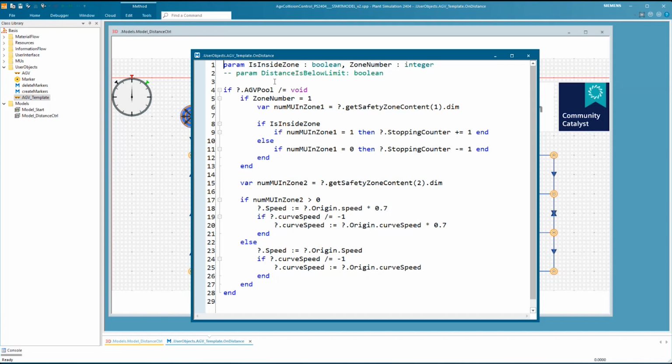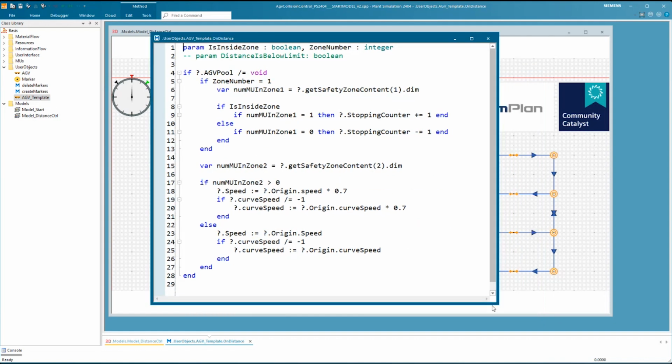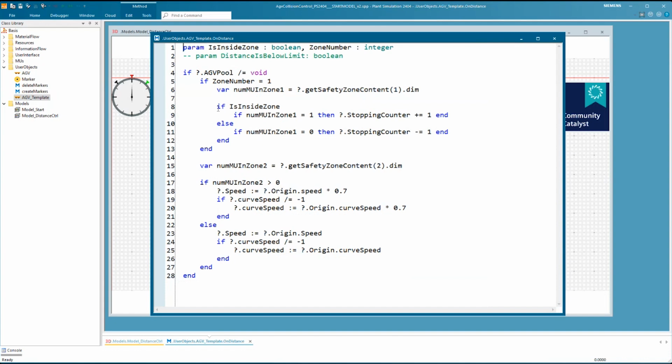So if we assume that you have no big previous experience with this, we will first explain this default code of the method, what it is doing, and then later we will modify it for our use case. So this template code has some points that are not really relevant for our scenario here.